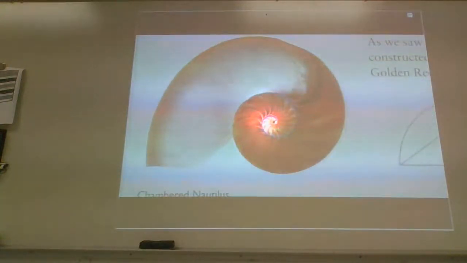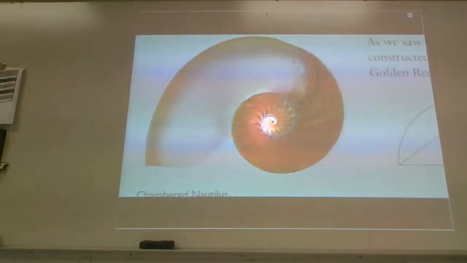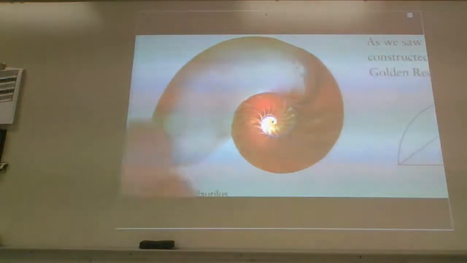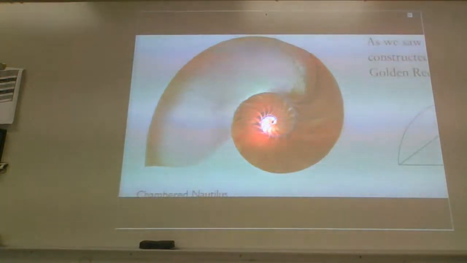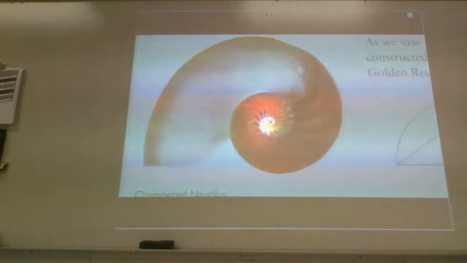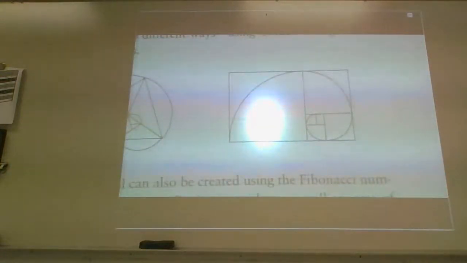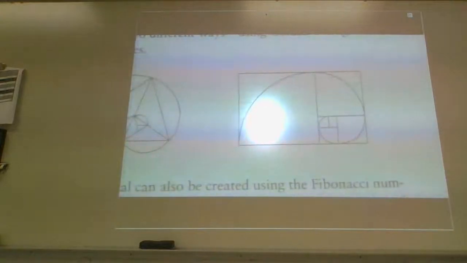This is just a cross-section of that shell, which is absolutely insane to me, to think that something that you can draw on paper using basic Fibonacci numbers is something that actually shows up in a real-life situation right there. It has the exact same proportions. I mean, obviously, if they drew it correctly. And then you can see here's an example of what they drew using that golden rectangle. It's kind of nice.